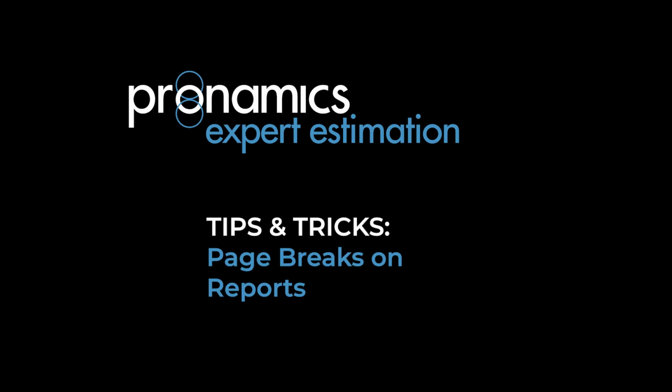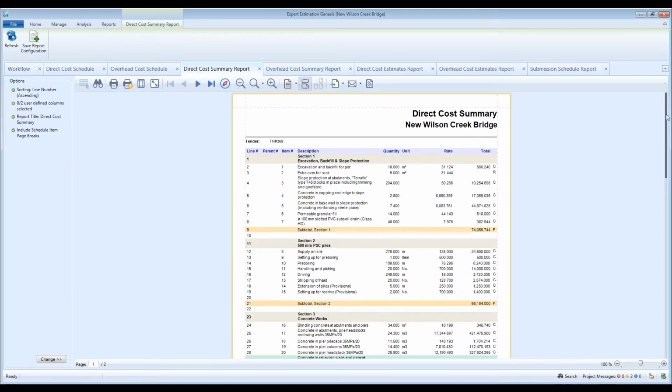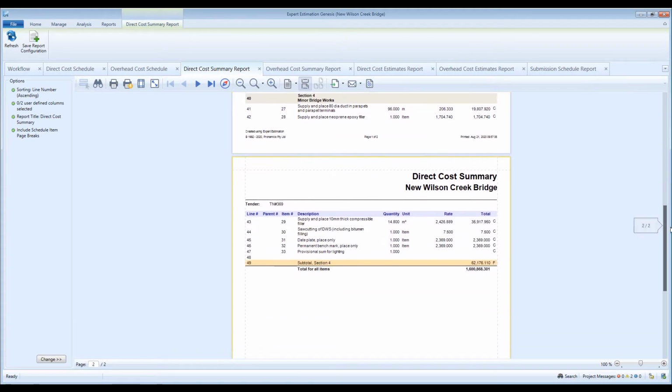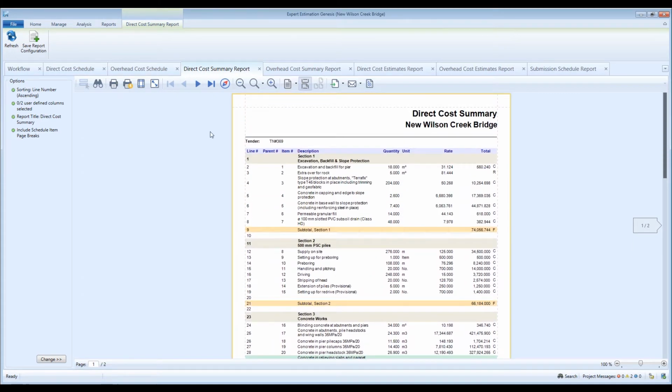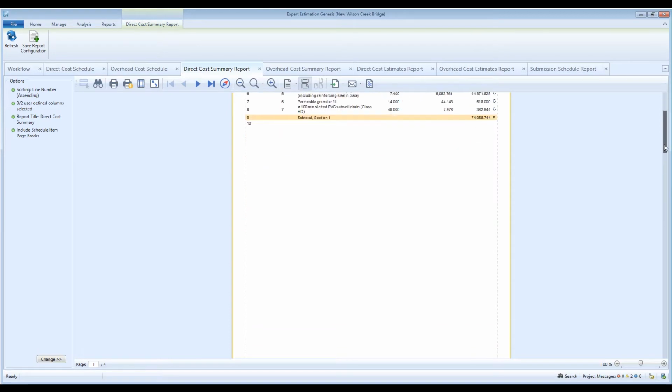Page breaks on reports. If you want an easy and effective way to modify your report page layout on a per report and per project basis, we got you. Expert Estimation has a simple to use page break tool for direct cost and overhead cost estimates and cost summaries